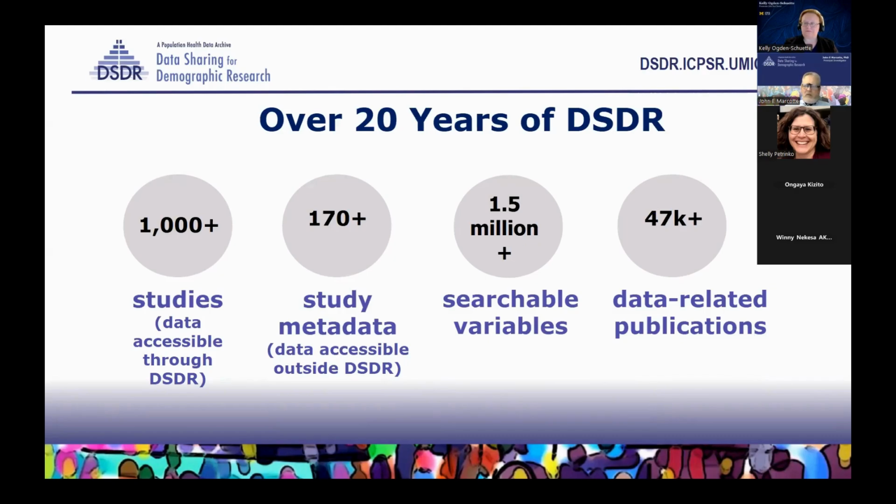not just the description in the study. And something else that we're particularly proud of is our bibliography. We have over 47,000 data-related publications. This is incredibly valuable because it lets you know what's been written about a particular study. We believe that science builds on science. The ability to look at data requires that you know what people did previously. So our data-related publications is an incredibly valuable service, and it's more than just data. And kudos to our librarians who put together this bibliography.